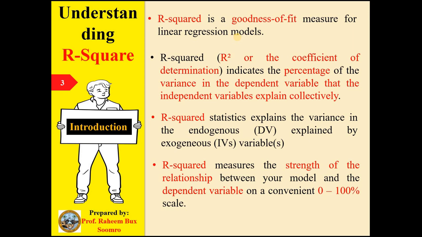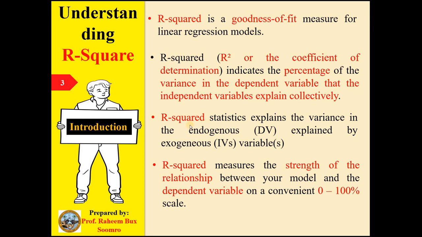Basically, when you talk about structural equation modeling, it is a combination of factor analysis and regression. That's why it produces the R square, which checks the goodness of fit. We can say R square, or alternatively we can call it the coefficient of determination. It indicates the percentage of the variance in the dependent variable that the independent variables can explain collectively. When you combine all the independent variables, how much they share of the variance in the dependent variable, that's